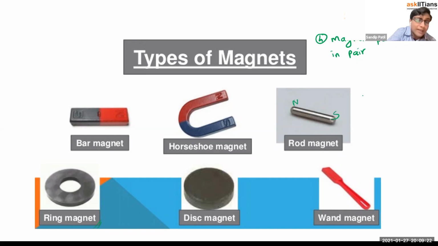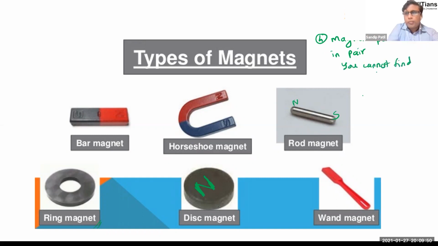Ring also, for the ring and disc, we can say one face, let's say the top of this disc, is the north pole, and the bottom side of the disc magnet is going to be the south pole, like that. Similarly, in a wand magnet, obviously there are two opposite ends. So one will be north, one will be south. So magnetic poles exist in pair. So simple meaning, you cannot